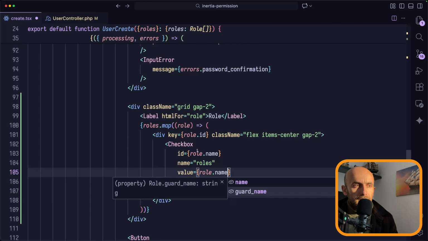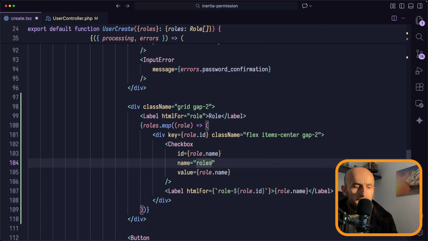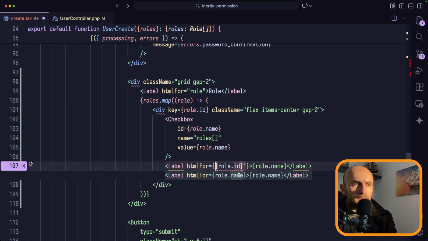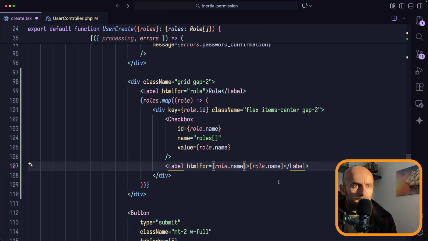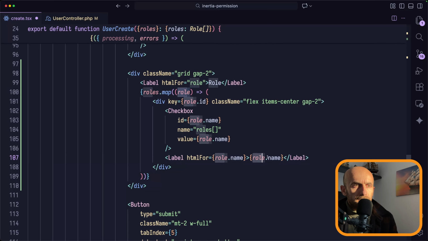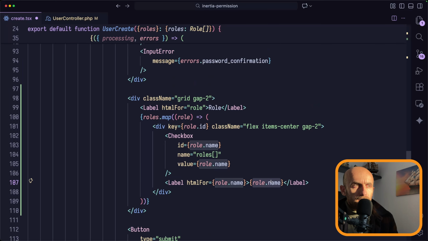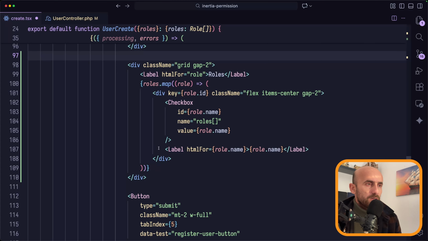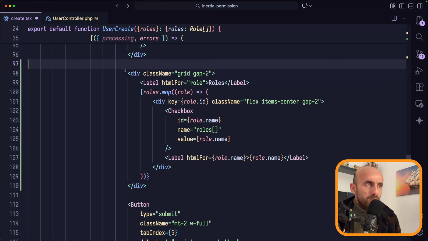Now the name inside the roles is going to be roles array. Okay, and HTML for the role name. Okay, and display the role name here. I think we are also here, let's say roles, and I think we are good. Let's copy this,